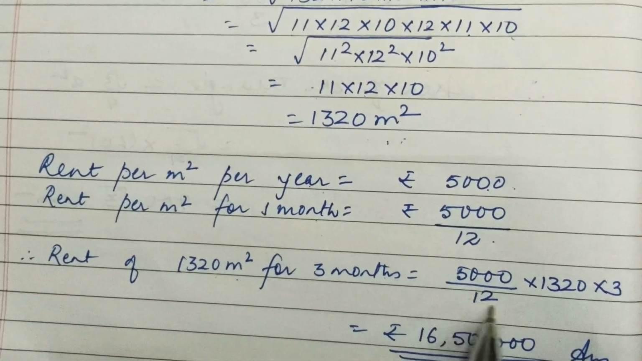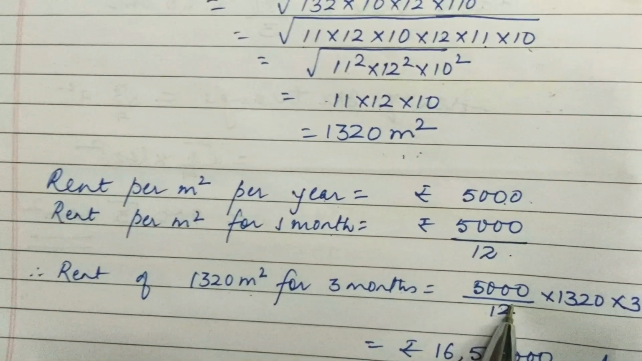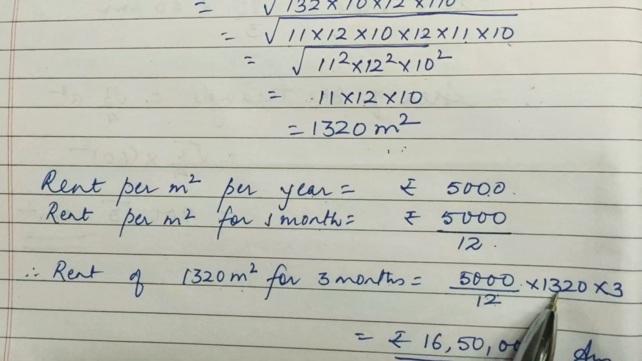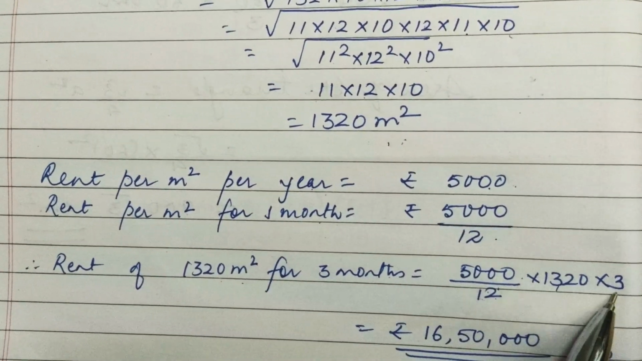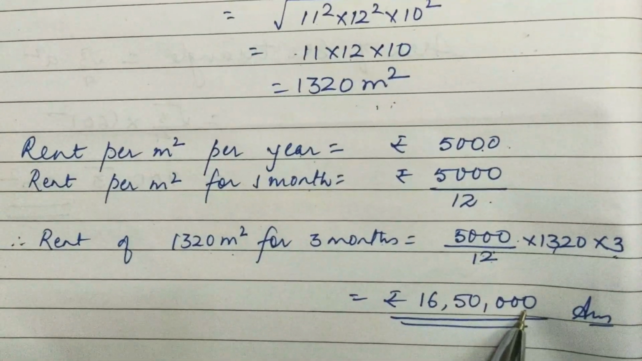So for this, first of all, you see the rent for 1320 meter square will be 5,000 by 12 into 1320, and for 3 months we will again multiply by 3. So when you solve it, you will get